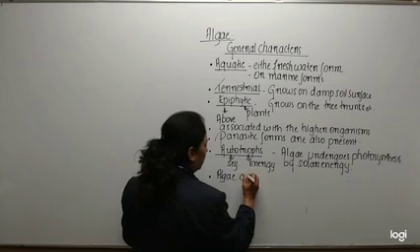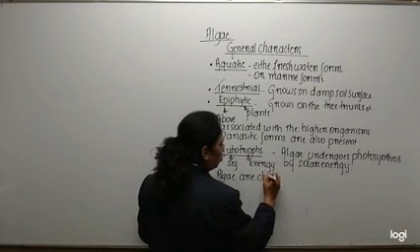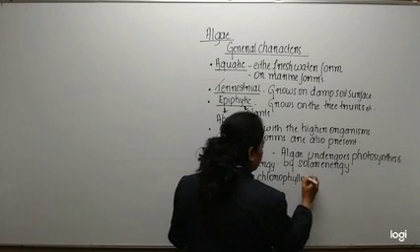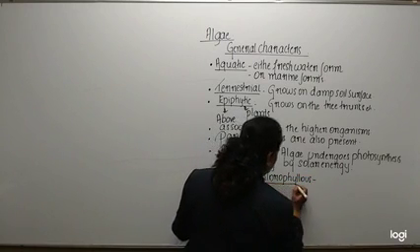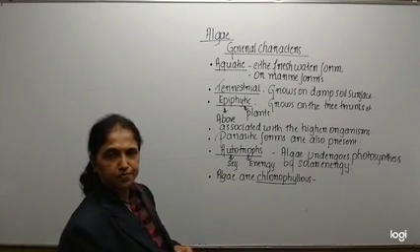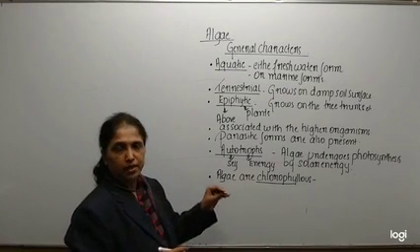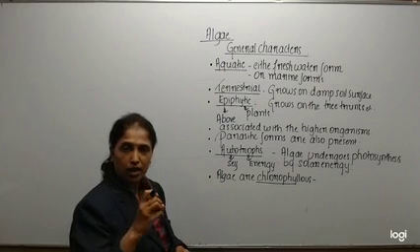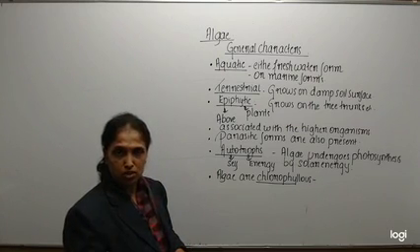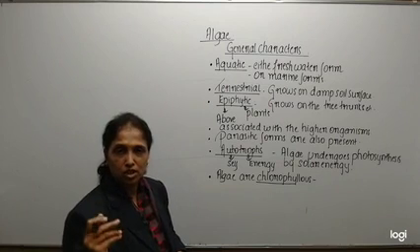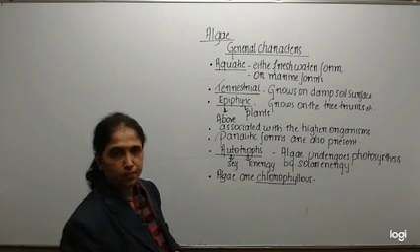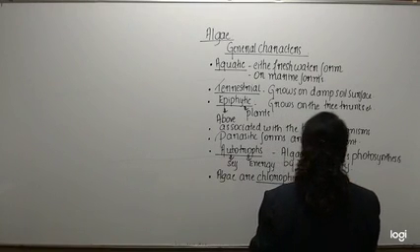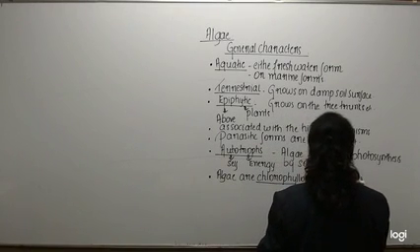Algae are called chlorophyllous. Chlorophyllous represents that these contain chlorophyll pigment. The first group contains chlorophyll pigment, the green pigment which traps solar energy, undergoes photosynthesis and produces its own glucose molecules. So this is the first group where we find chlorophyll.